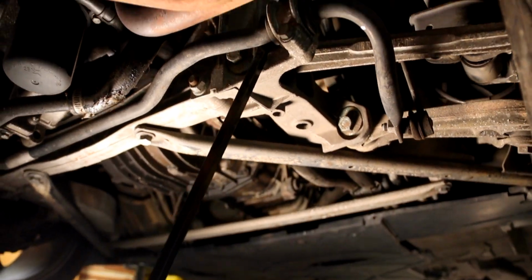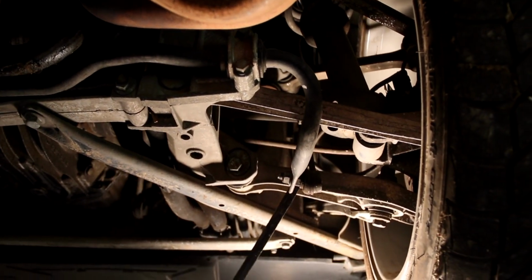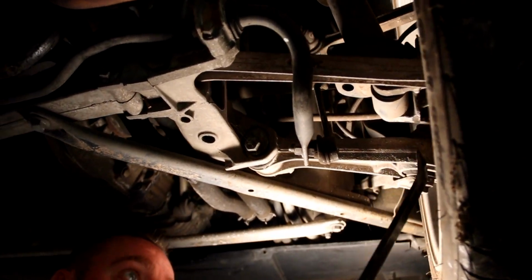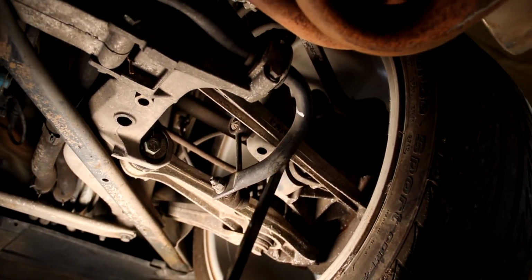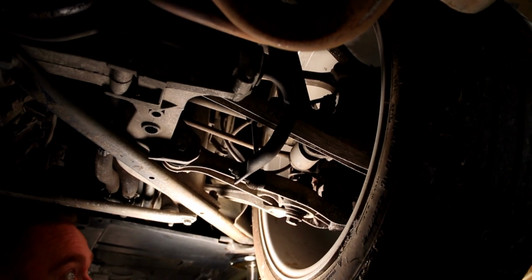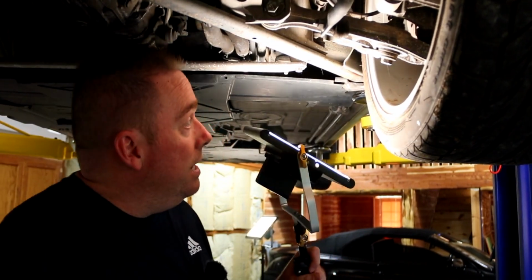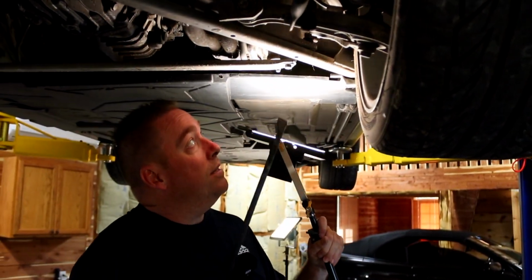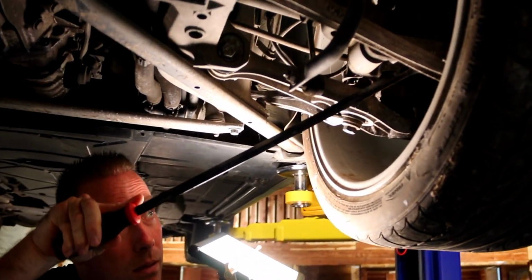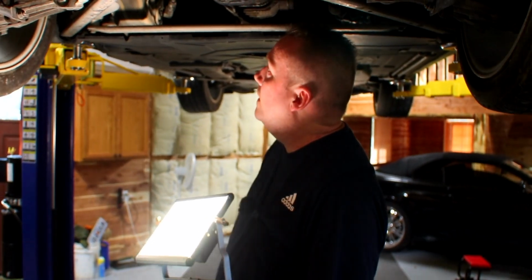The sway bars, we'll check the bushings a little bit. The sway bar links don't look too old. And then all the joints, all that stuff. Shock bushing looks good. CV axles look good. The brakes look good. The lower bushings actually look really good. Everything back here looks fine. We're all good there. There's not an excessive amount of oil leaking or anything. Not that it really makes any difference, but